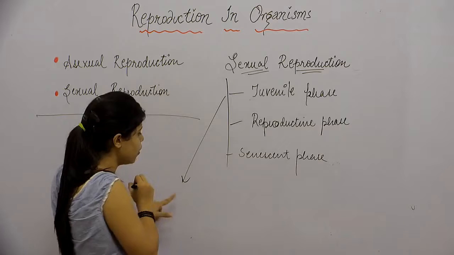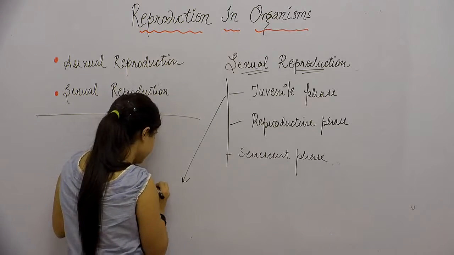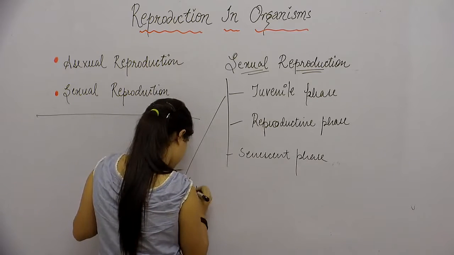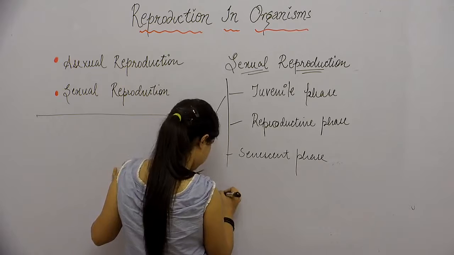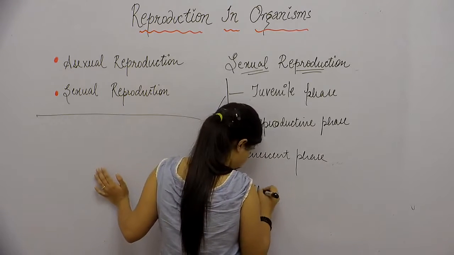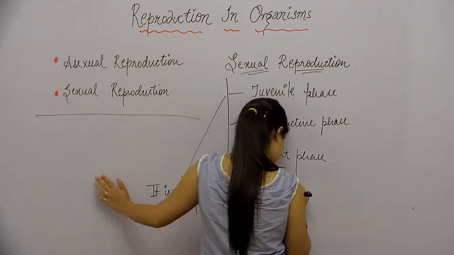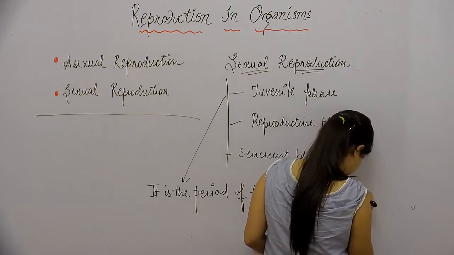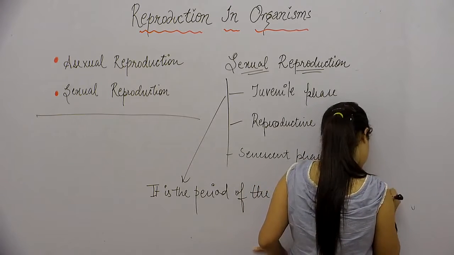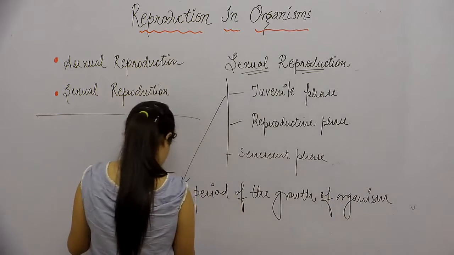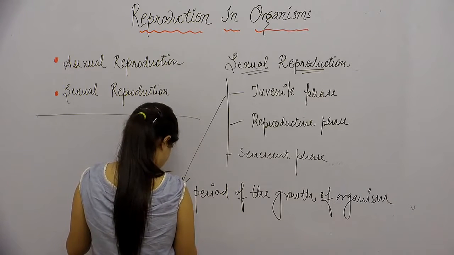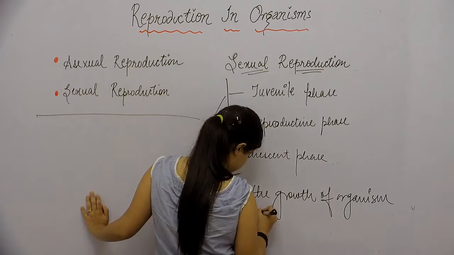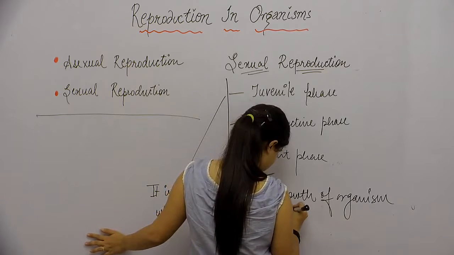So if you get to define the juvenile phase, you will write it is the period of the growth of organism where it reaches a certain amount of maturity